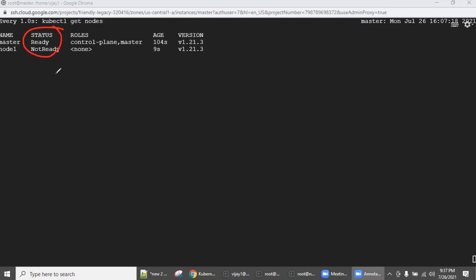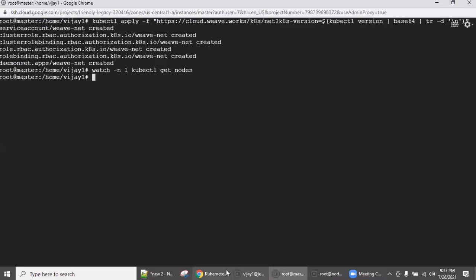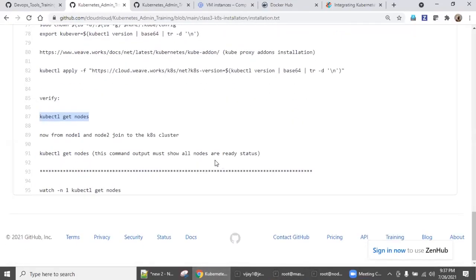We have discussed this, it is a good way of understanding during Kubernetes administration. So wait until the status changes to Ready. See here, the status is Ready. Now you are good to go, right? You are good to go. Now you can come out. Now these are all completed.